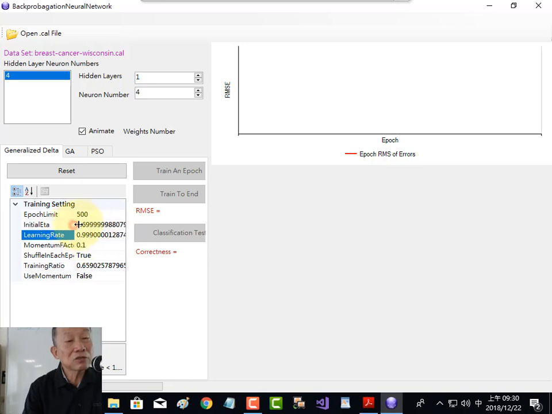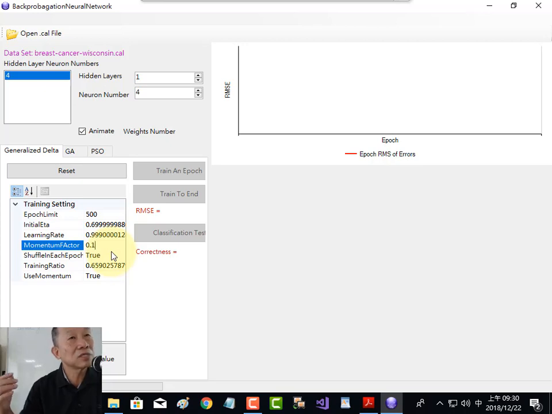And if you look into the slide, I may talk about some ideas to improve the learning efficiencies. We call it momentum. If a user turns on the momentum, then this momentum factor will be in effect. So if a user chooses true, then this factor will play a role in updating the weight. Okay, so check in, just look into the slide if you'd like to implement that to make a comparison